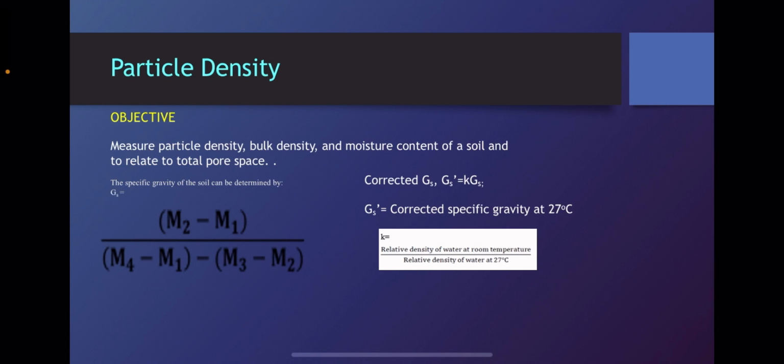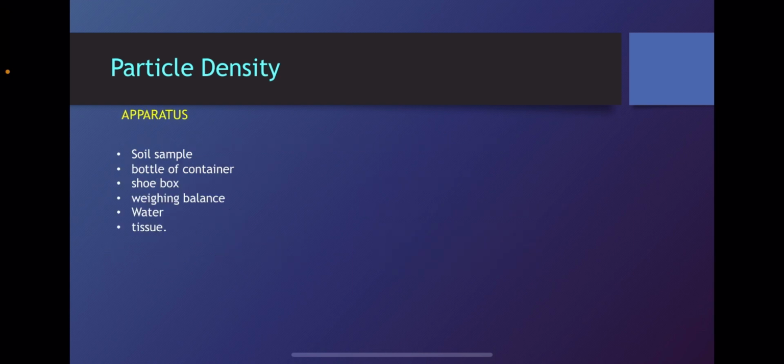So the formula for the specific gravity is M2 minus M1 over M4 minus M1 minus M3 minus M2. The corrected GS is K times GS. So the formula of K is relative density of water at room temperature over relative density of water at 27 degrees Celsius. The apparatus for this experiment is soil sample, bottle of container, shower box, weighing balance, water, and